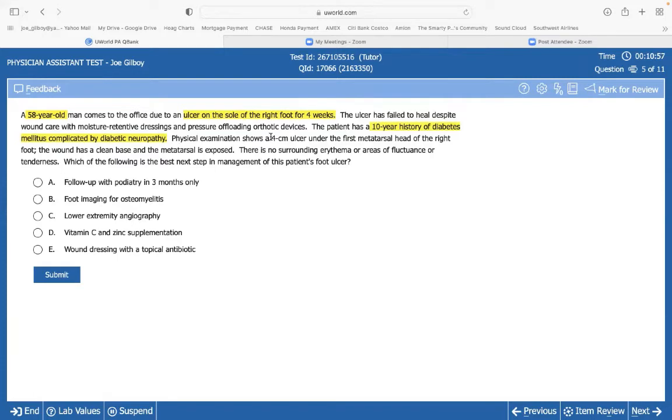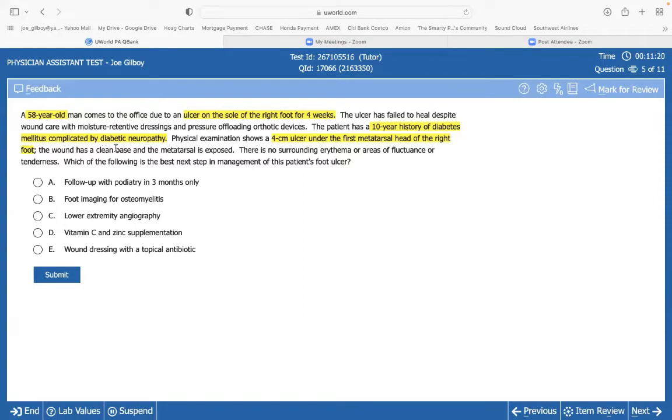So he's got this 4-centimeter ulcer in the first metatarsal head of the right foot. You're going, okay. One more time, guys. Just stop right here. Just an idea. He's got osteomyelitis. Right, we're all worried that he's got osteomyelitis. Can we also all agree which bacteria we'll be fighting? It's like, well, Joe keeps saying it's all staph, so it's staph. But what's in the back seat with my diabetic now? Oh, Pseudomonas.